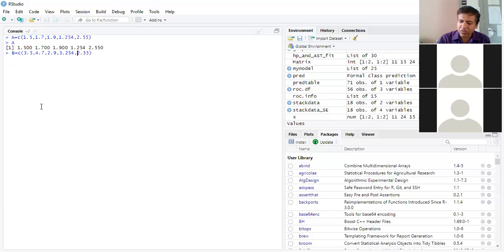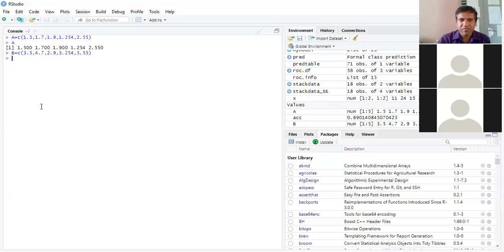I just change the values. Fine. Then the same way for C is equal to the combine function.